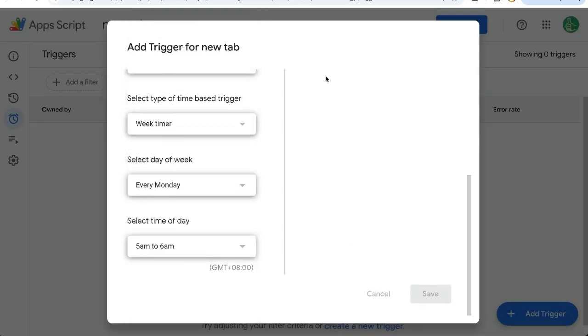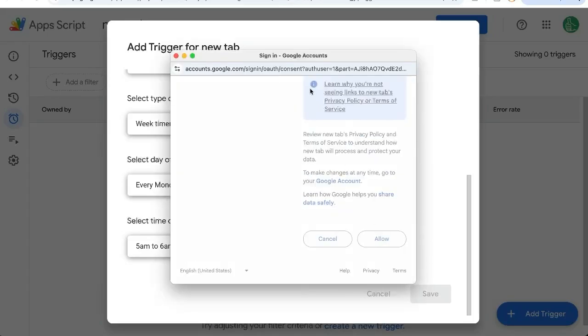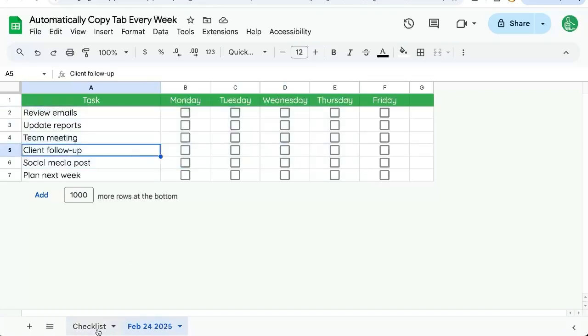Click save. If you haven't yet, it'll ask you to authorize now. Just go ahead and authorize it. It's going to be running as you. And now every Monday, we will have a new checklist in our sheet ready for us to start the work